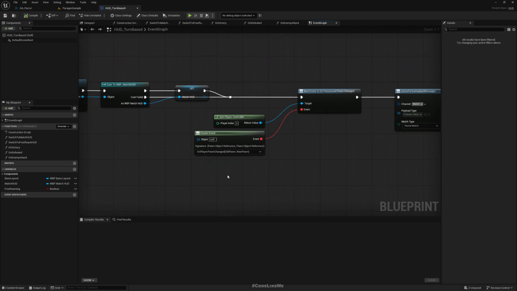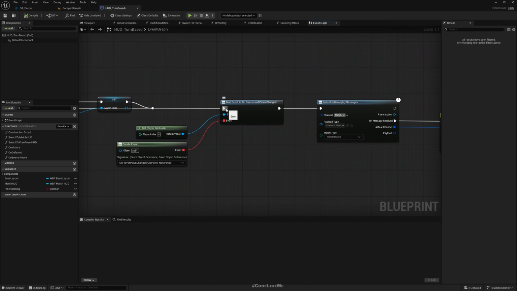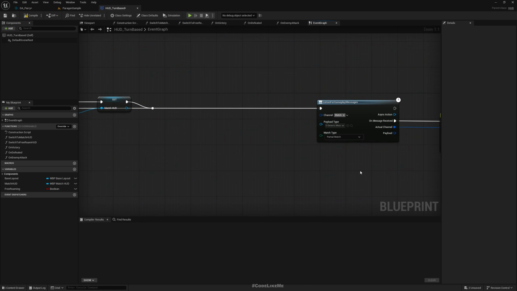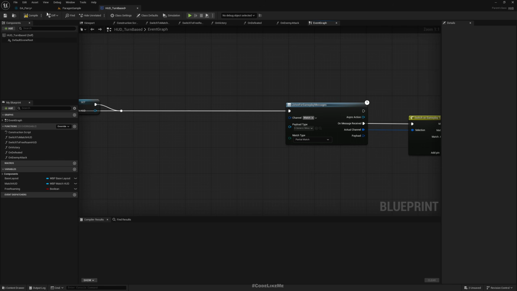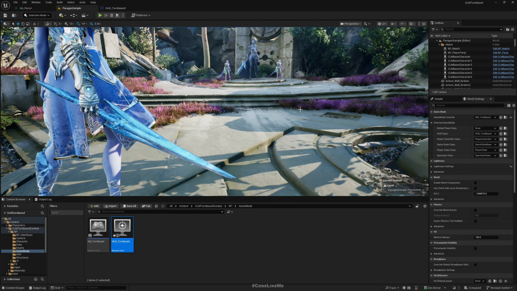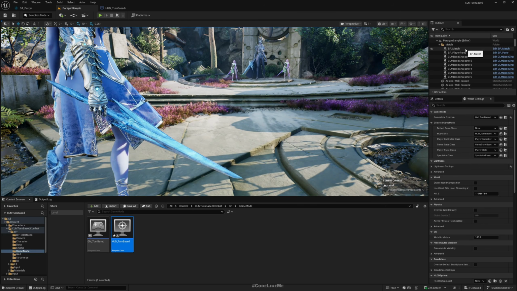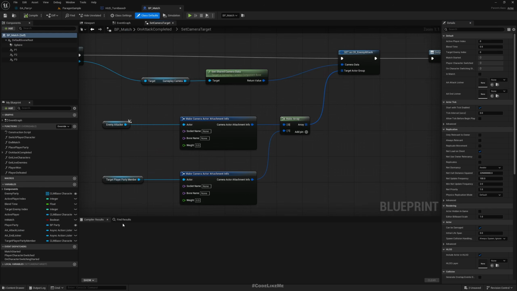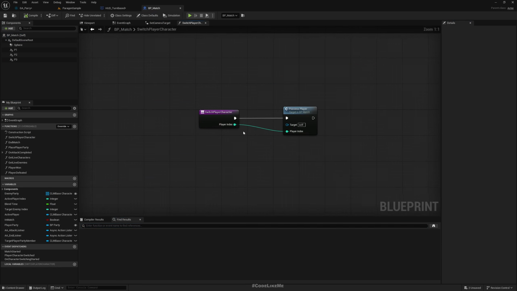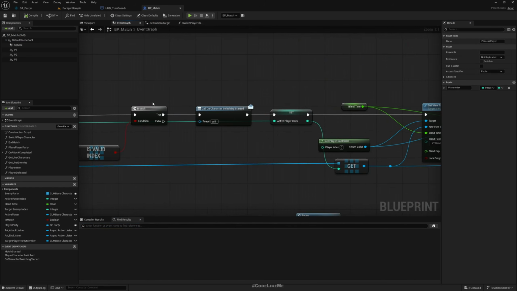So this is where I do the binding. Let me remove that. And then when we switch the character in the match, or in player party, let's see, versus player,